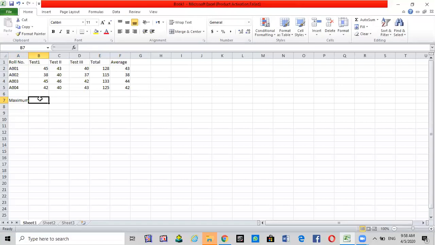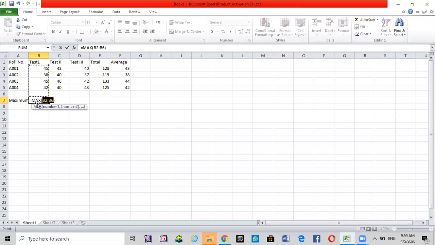and then because I want to find out the maximum marks for test 1, I will select this empty cell to display my result here. Then I'll go to the AutoSum feature and click on Max.